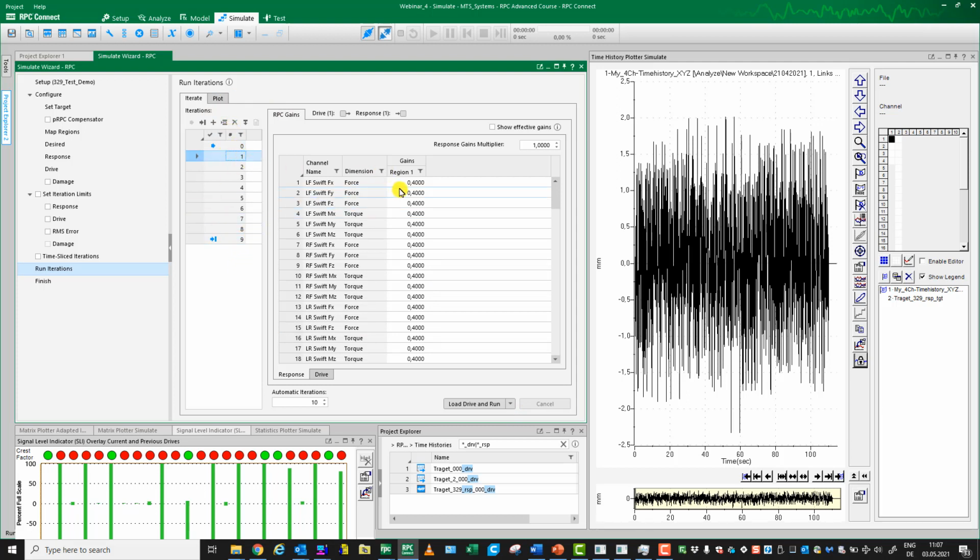So if I type in, for example, here for the FY channels, which might not converge at the beginning, a gain of 0.1 for each corner, for example. And then after several steps, I want to raise them a little bit up and go up to a 0.6 for whatever reason. That's just an example here. These are the gains I